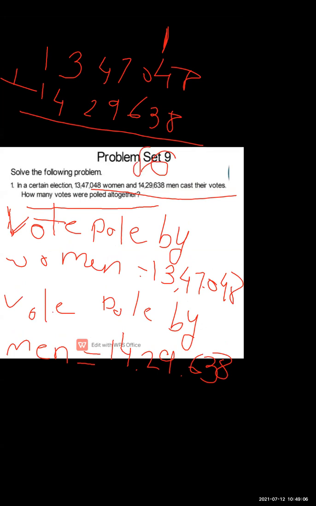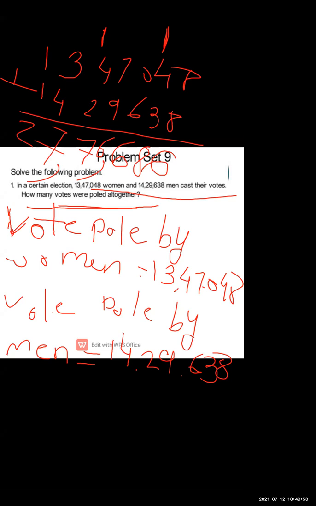Okay. Next is 0 plus 6. It will be 6. 9 plus 7, or 7 plus 9, same. So that will be 16. 4 plus 2, 6. And 1 carry, that is 7. 3 plus 4, 7. 1 plus 1, 2. So what is the answer? That is 27,76,686. So here you will write votes